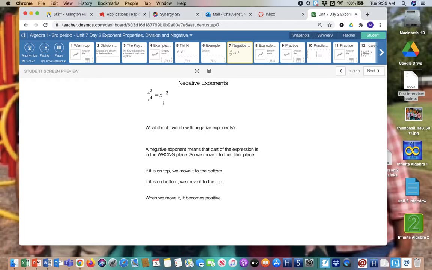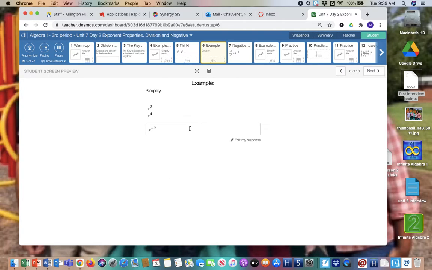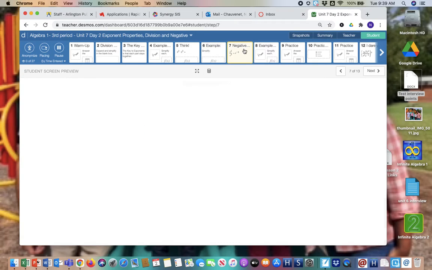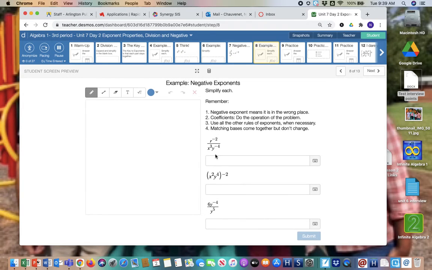So we would need to rewrite this as 1 over x to the second. That would be how we would rewrite this. Remember, if you don't see a denominator, it's implied to be a 1. All right, so let's look at a couple examples. If we see a negative exponent, we have to switch its location in the fraction to make it